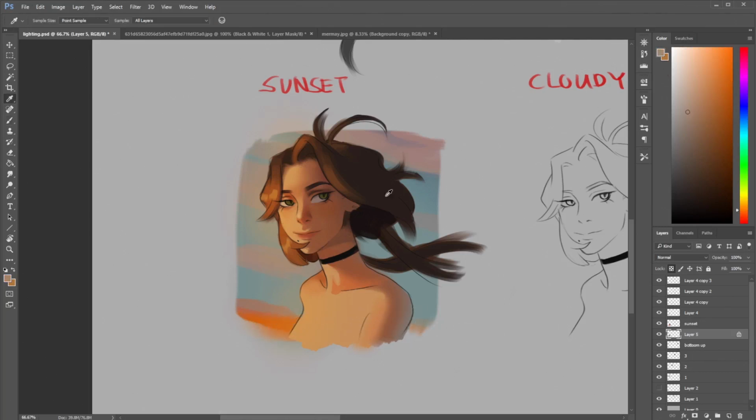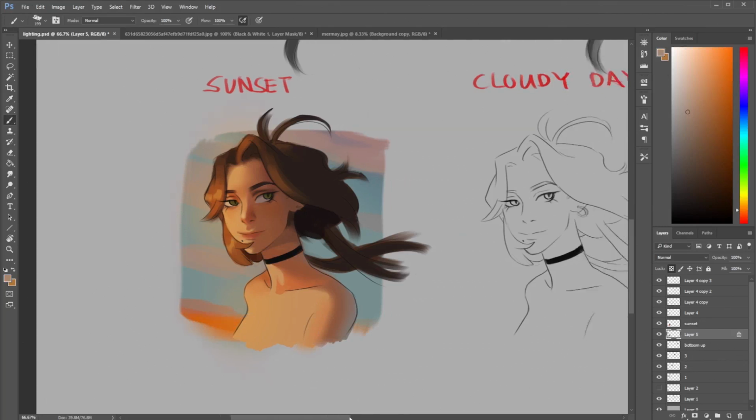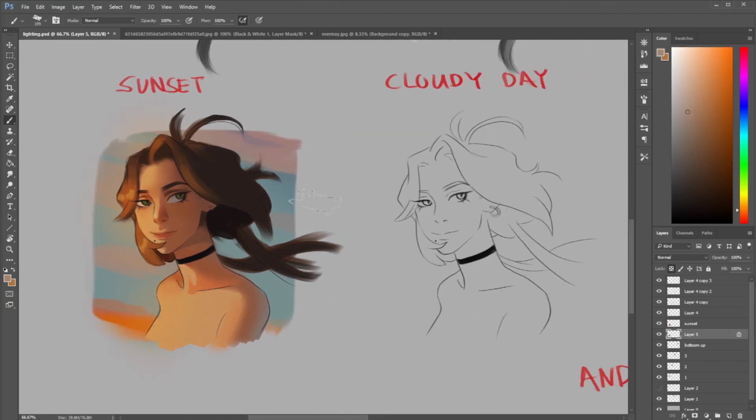I don't know, something like that, I guess. Sunset. That's the overall color scheme I would do for like a sunset. Whereas for a cloudy day,